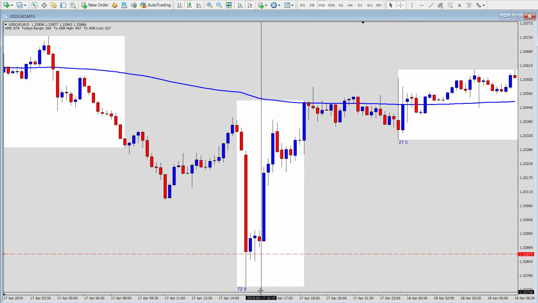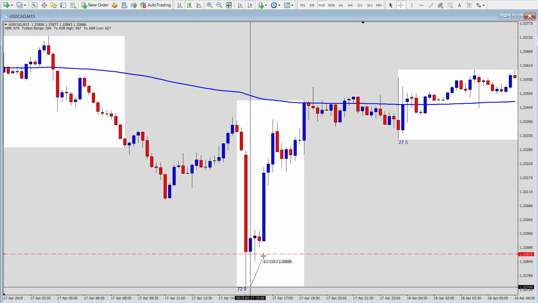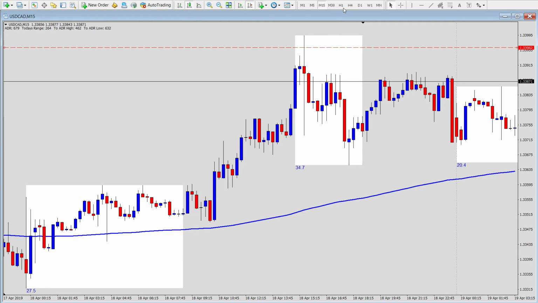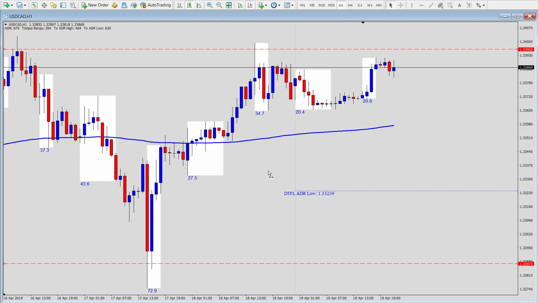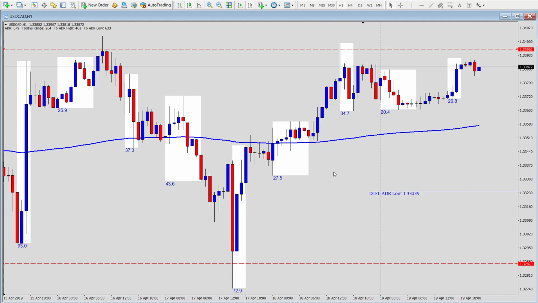But the unfortunate part about this setup, which is why I missed it personally, is that you only pulled back to about 15 and 8/10 away from the low. I was looking for the bid price to hit 15 pips from the low, as we do with a standard entry. I missed it, unfortunately, by a few tenths of a pip, and it ran off. The other factor here is a more complicated aspect of the discussion. But anyways,